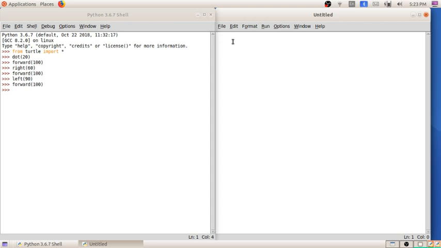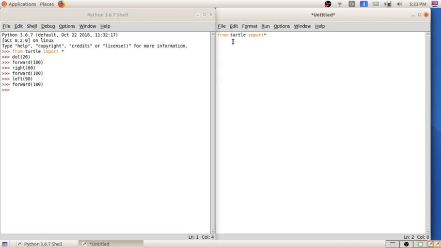But the program 4.1 is telling to create a square. So first we have to write the command from turtle import star. After that they have given about loop. Okay, you already studied about the conditional statements and the loop. Okay, so here what they have given, we need 4 lines for creating a square. 4 sides are there for a square.